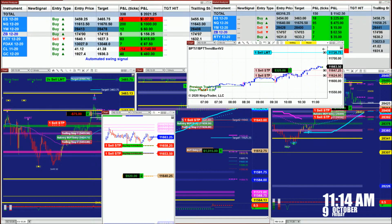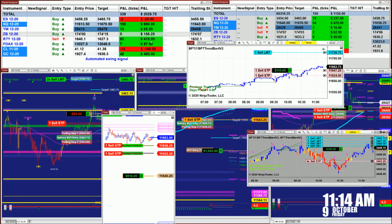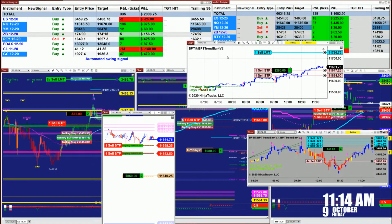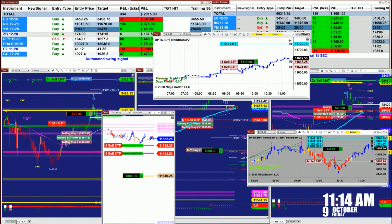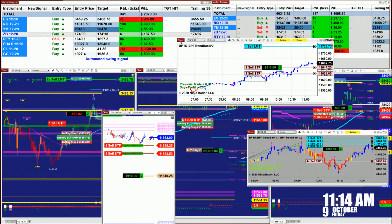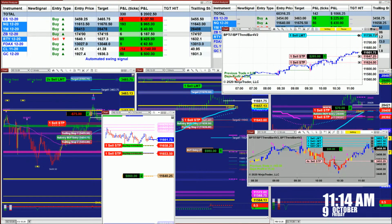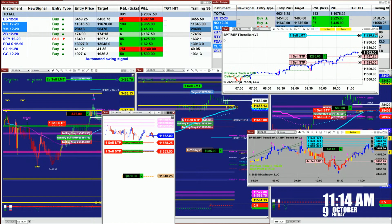There is only, on the ES, there is only $100, and on the Nasdaq 3. So there is not much going on. We still have the Nasdaq scalper, and